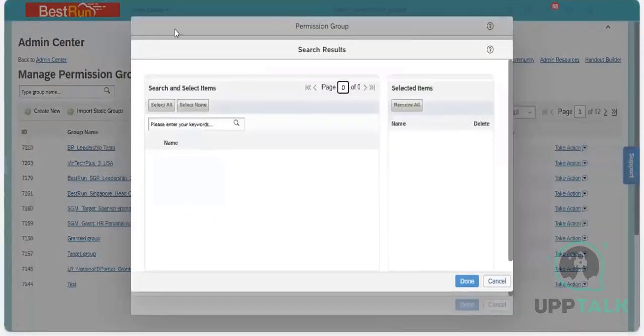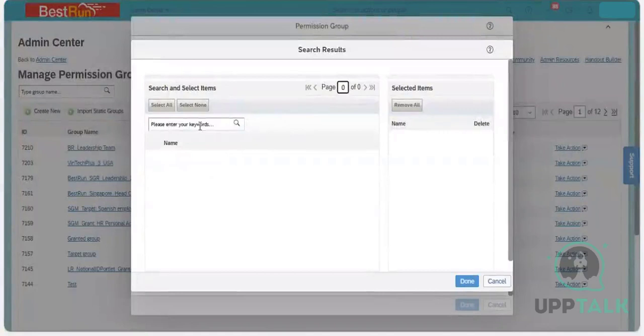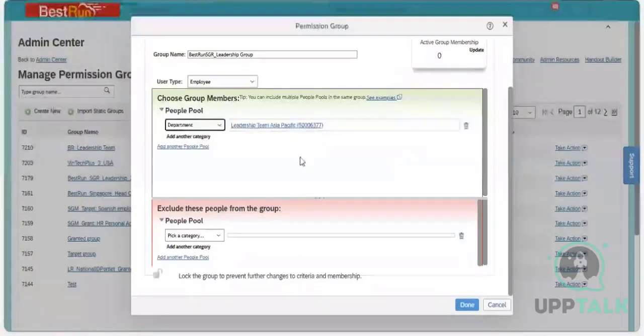Let me search for the department also with the code here. Let me see. Okay, it is taking the department. I will select it and I will click on done,